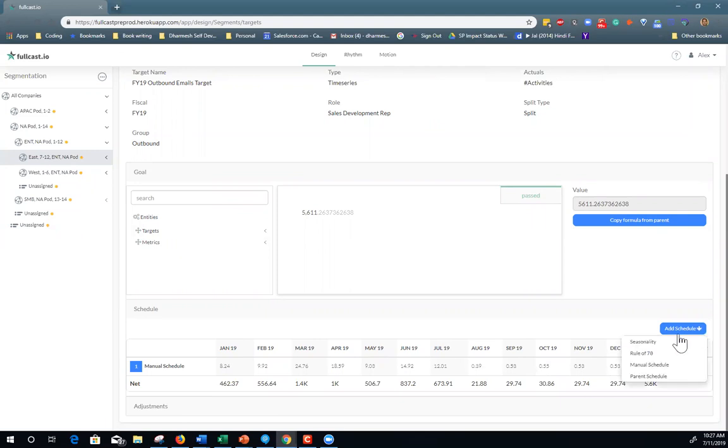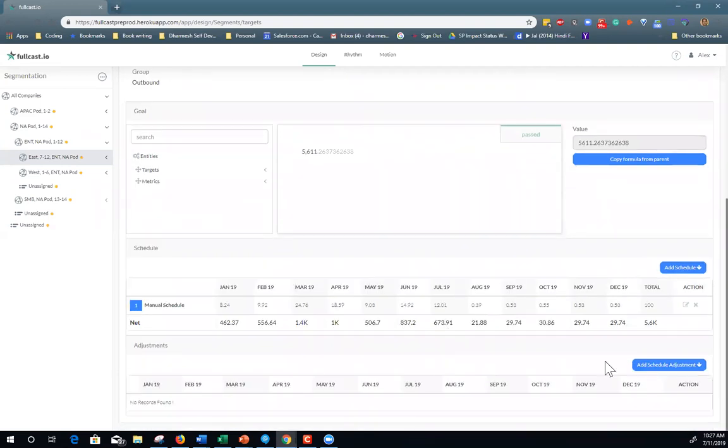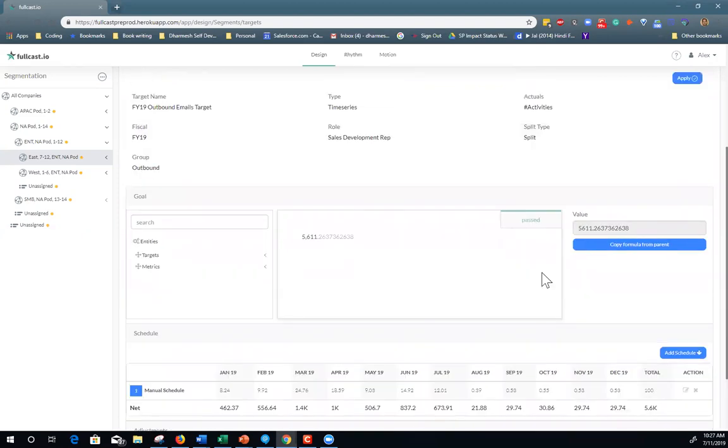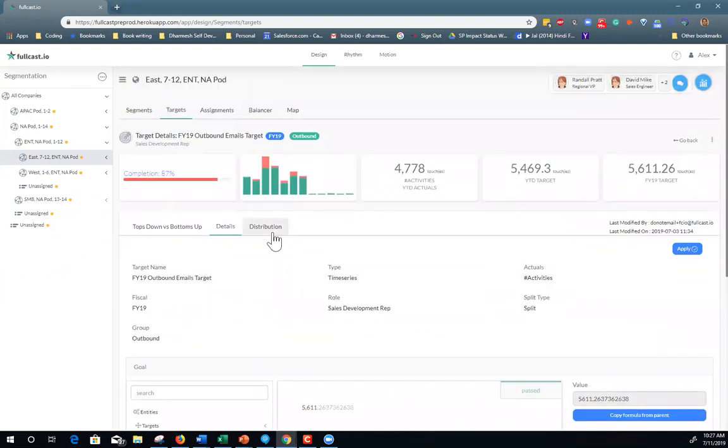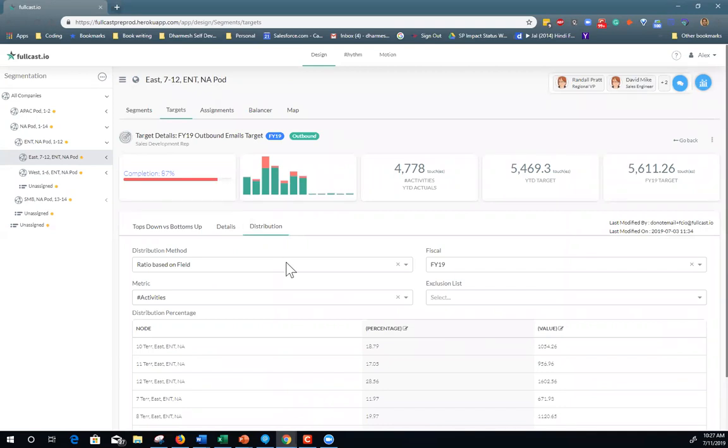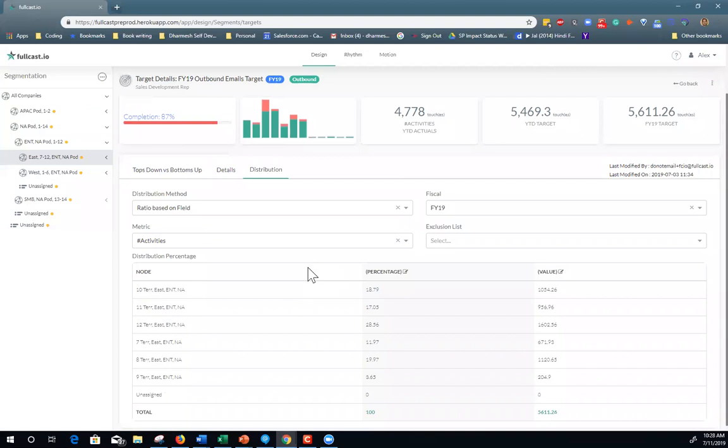I can also adjust the schedule for seasonality, which is good, because I own the North America East region. I know my own seasonality. I could apply that to the corporate number that was given, or I could make some adjustments as I roll this number down. So I can have my own adjustment based on productivity profile, which is the ramp of people that I'll pick up from the ramp profile, or I can have a manual adjustment. So the entire target setting process that we talk about is happening here, along with distributing the target to the node below me. If I have people under me, I can distribute those things as well.